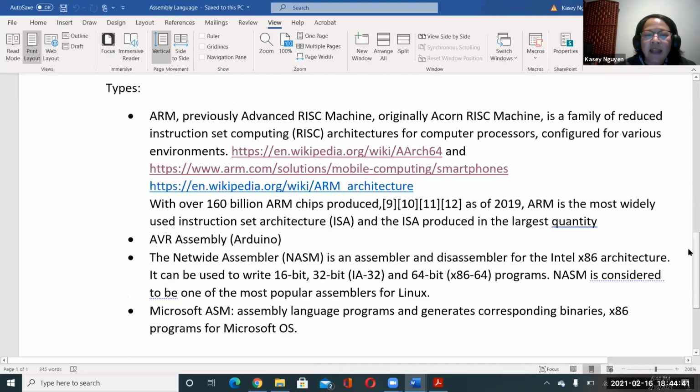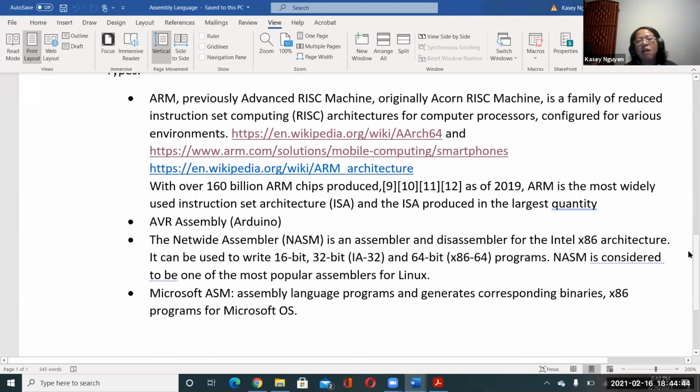Okay. And then, there are about 160 billion ARM chips produced. That has varied a lot since 2019, and it's more now. And ARM is a widely used instruction set architecture, your ISA, which we will touch on in this class. ISA produce the largest quantity, so they're able to produce ISA architecture for even the modern chip that you see today. And then if you're looking at the Arduino, when you program it, it is in